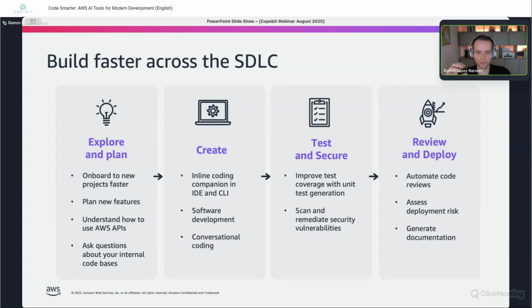Then, of course, you create, you code, and there are various approaches there. Some people use a test-driven approach, so they let Q Developer write tests first, and once they're happy with the tests that Q Developer wrote, they tell Q Developer to implement what those tests show. So it's a tool that you can shape to fit into your SDLC.